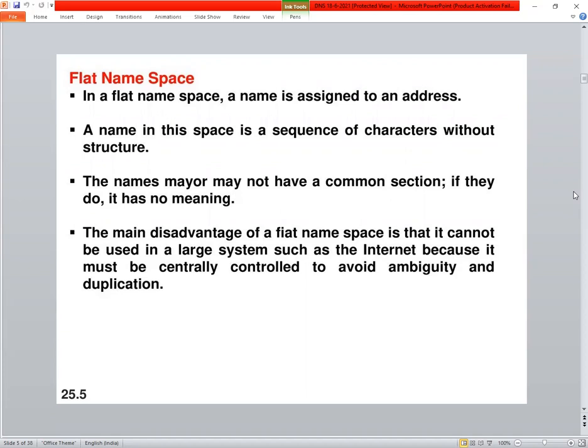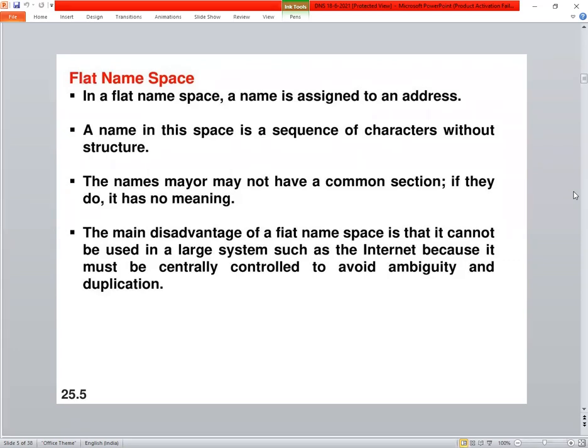Whenever you are using a flat namespace technique to divide the IP addresses and domain names, a name will be assigned to an address, which is a collection of characters, but does not have any proper structure to it.